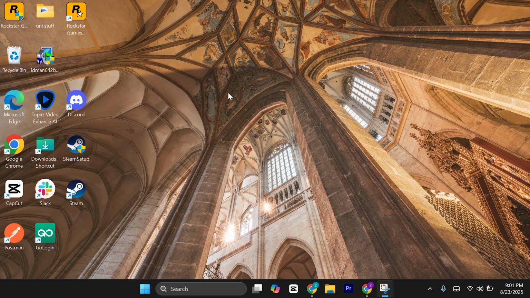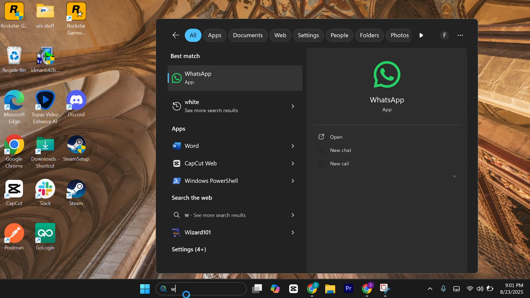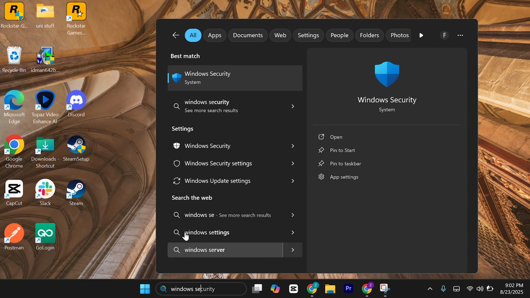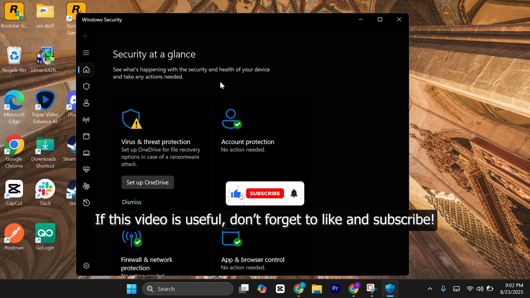Hey guys, in today's video, I'm going to show you how to fix the issue where your Rockstar Games Launcher is not opening or working. So to solve this, first thing you need to do is head over to your start menu and just search